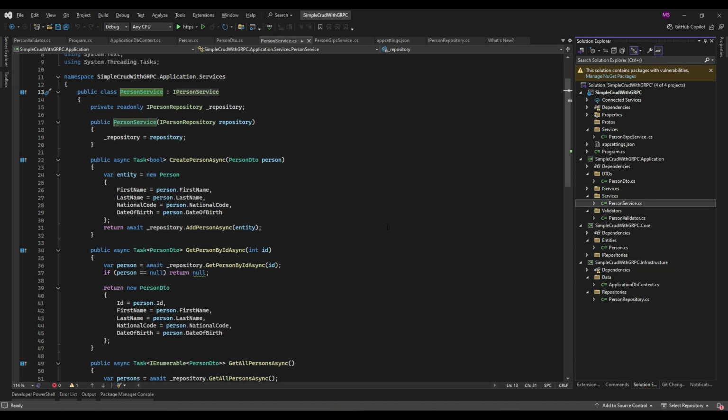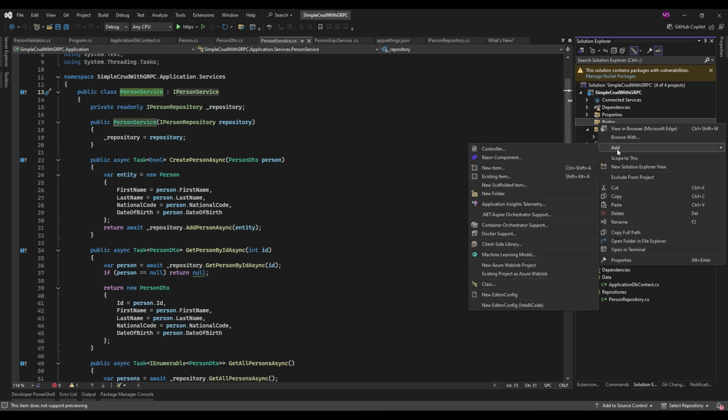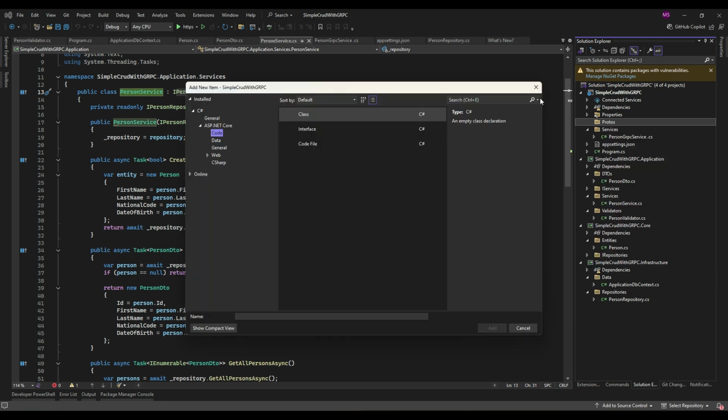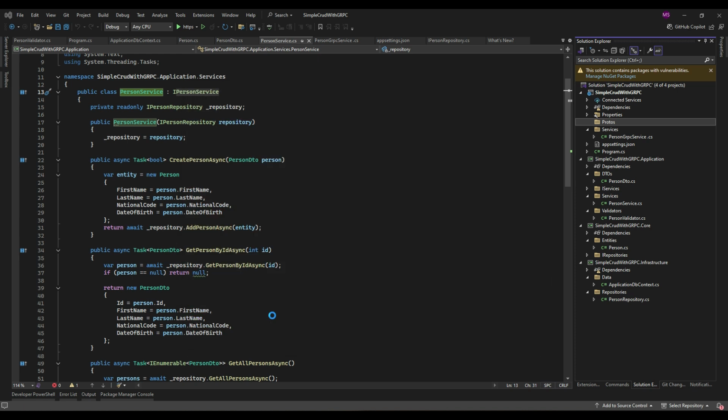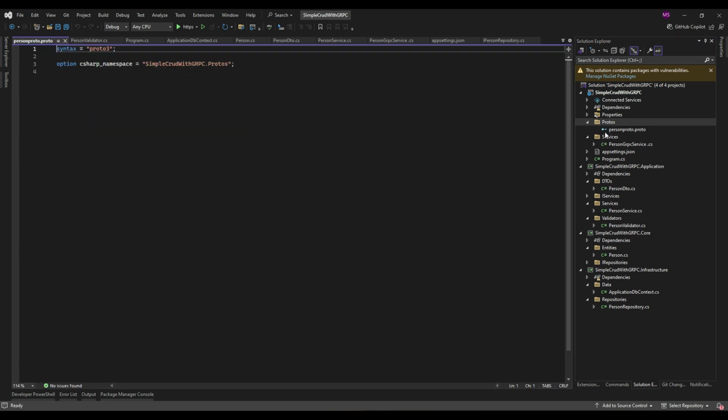We had a quick look at the structure of our Clean architecture project. Now let's dive into creating our proto file. This file will define the communication structure for our gRPC services. Here's what we will do. First, we will create a new file called person.proto.